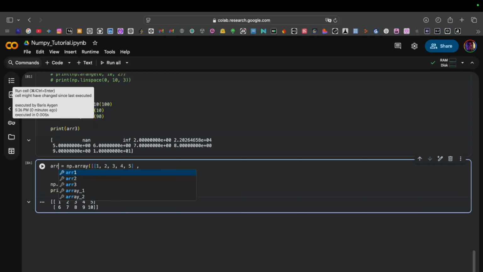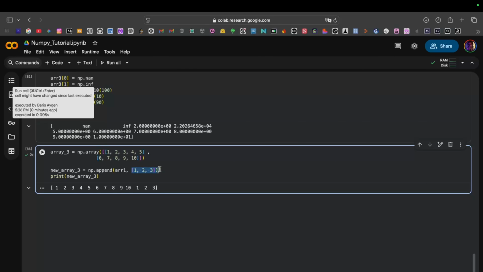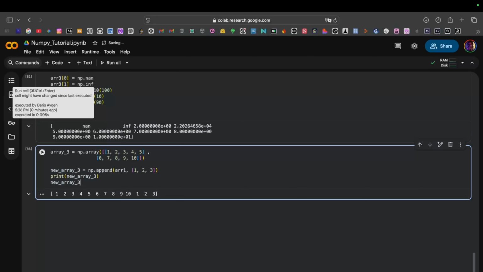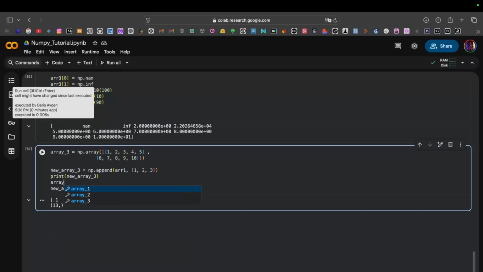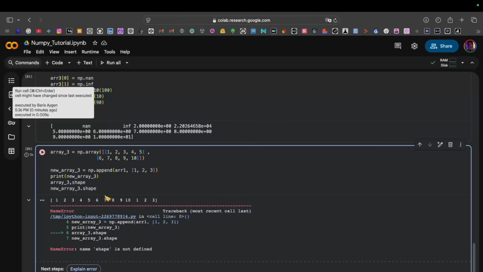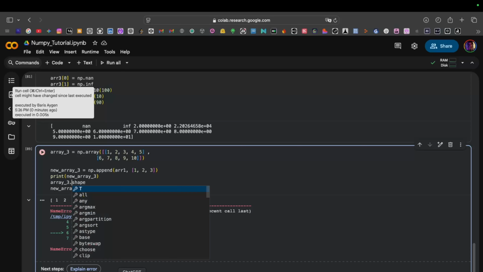Let me call this array. Oh, we also have array 1, array 2. Let me call this array 3. New array 3. As you can see, it just adds these elements to new array 3, and now if you print array 3's shape, it changed. It's different than array 3 because it changed shape. It had a shape of